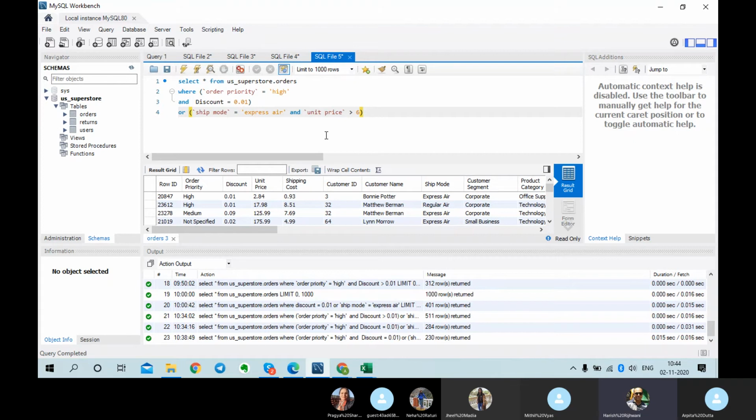But overall, the unit price should be more than 6. So you are writing where order priority equal to high and discount equal to 10%. That is fine. Or ship mode equal to express air. That entire thing has to be in one bracket. So what you have written correct is now, let me type this again.